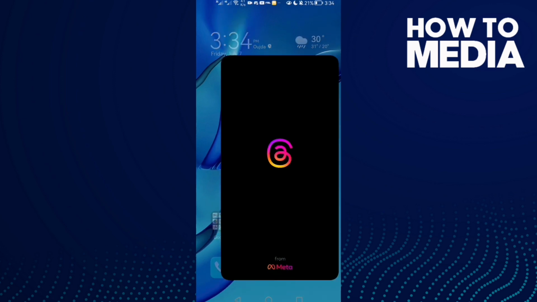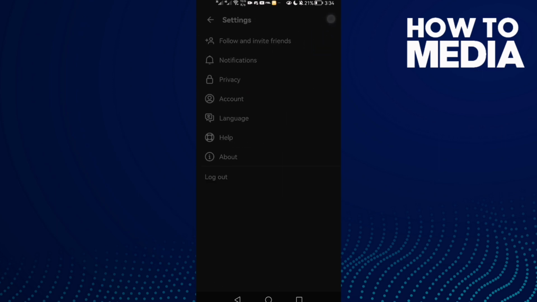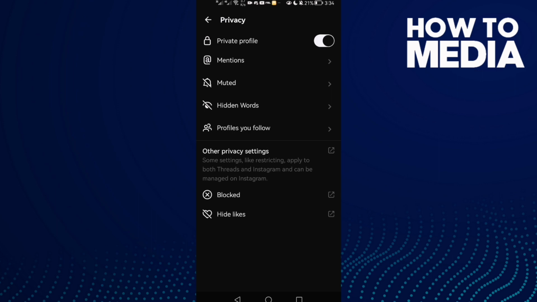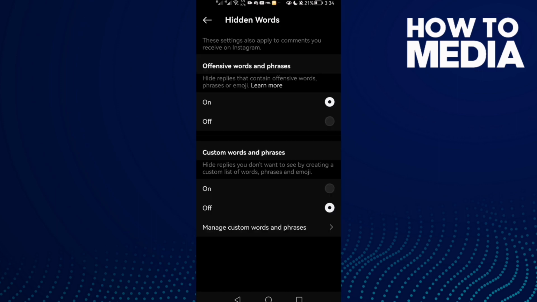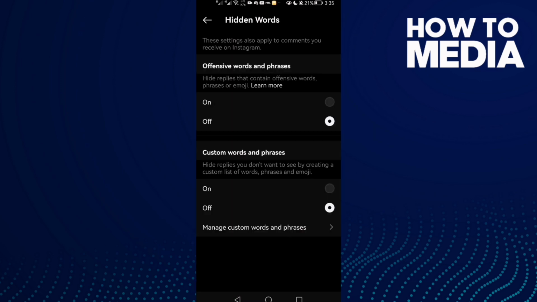It's easy. First open Instagram Threads and then go to your profile, and now go to these two lines here and then go to privacy, and you will see this one, hidden words. Now click on it, and now you will find offensive words and phrases. Now all you have to do, just select off and go back, and now let's make sure,